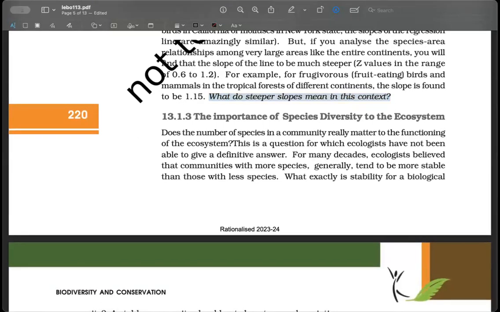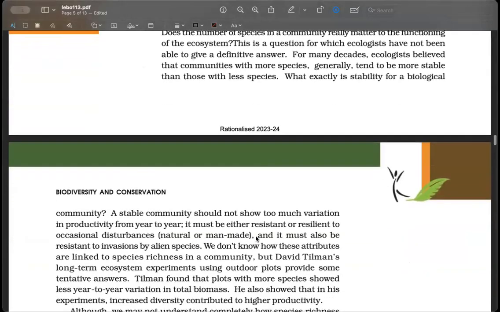Okay. Now let's move towards understanding. Now we understand that there is biodiversity, how it is set, at what levels it is set, and what are the reasons that pattern this biodiversity. Now the next question is, why is biodiversity important? So if in an ecosystem there is more species diversity, why is it important? Does it have any importance? Iram, what do you think?